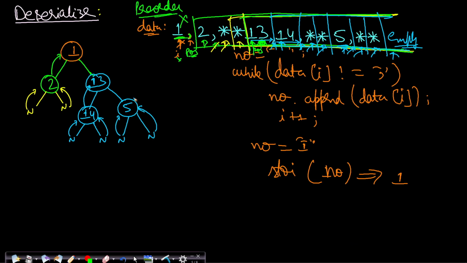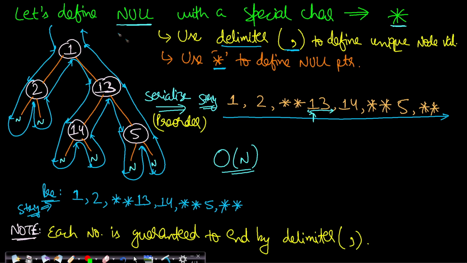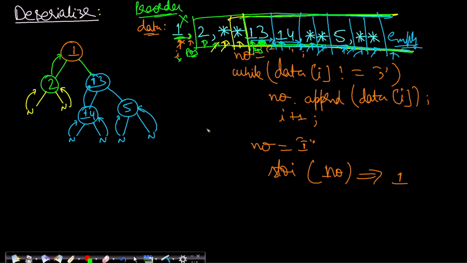So if we can get the same binary tree structure, that means the unique binary tree structure was given, I wrote it in a sequential manner in such a way that I was able to extract the same binary tree structure. If this can happen without any loss of information, then that serialization and deserialization process is 100% lossless, right? This is the entire goal of this problem, and I hope you were able to understand it.